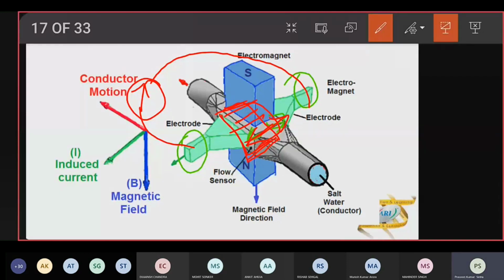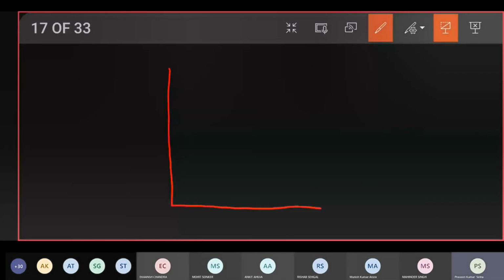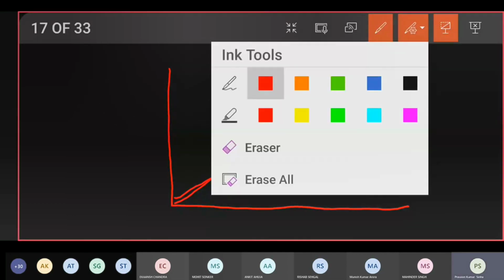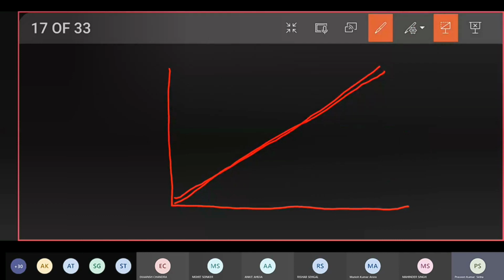So if we plot a graph between the two, again, as we said, there is a constant relationship between the speed of the ship and the induced current. Now suppose, again, giving you two examples. There are two lines,